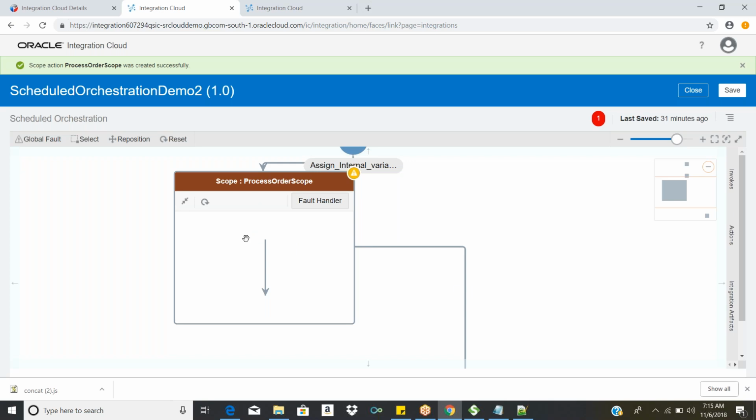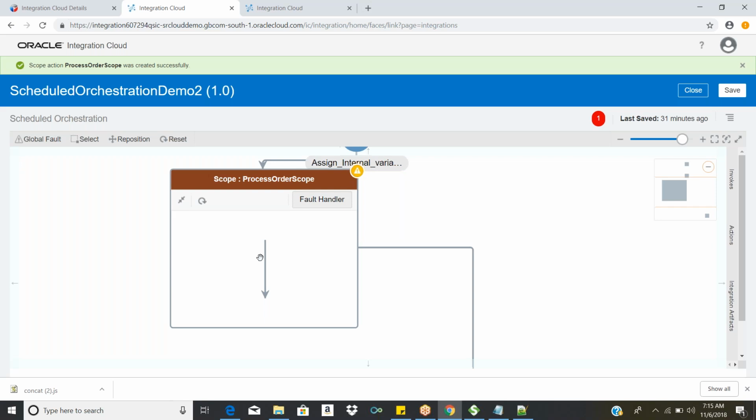Why do we need a scope? If you want to handle certain actions, certain error handling, like let's say if there is any error, then I have to handle that at scope level. Then we will go for scope. Let's say I'll be calling the DB activity. For that particular DB, if I'm calling the DB connection and there are any errors, then I have to send an email alert with a customized error message.